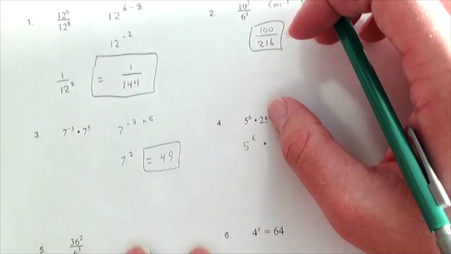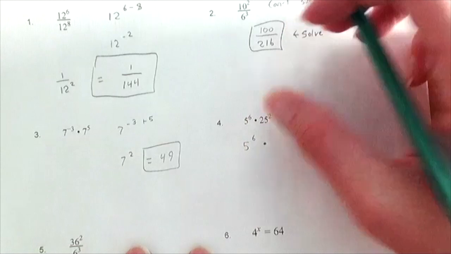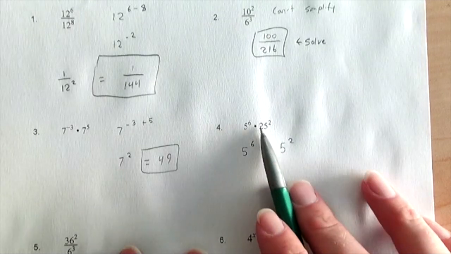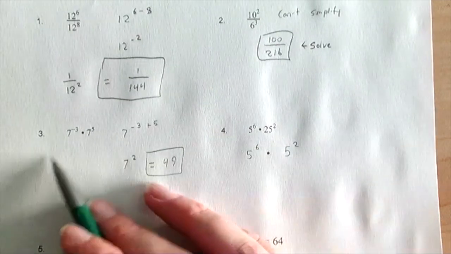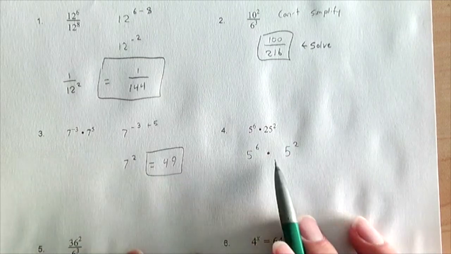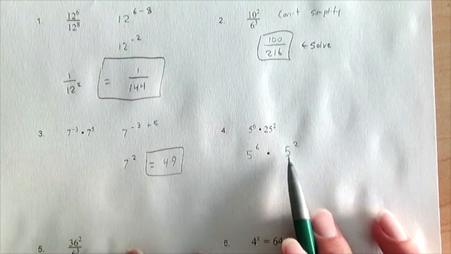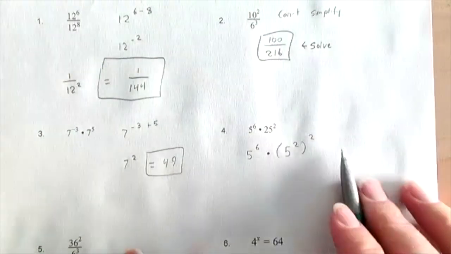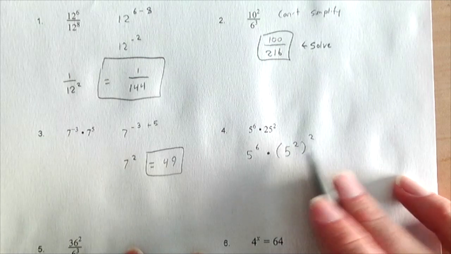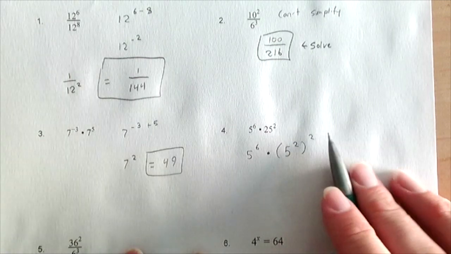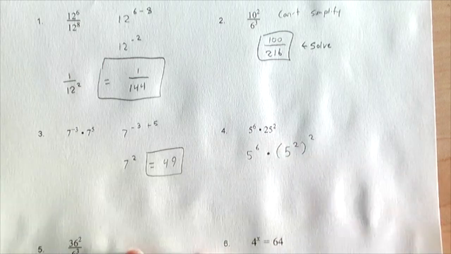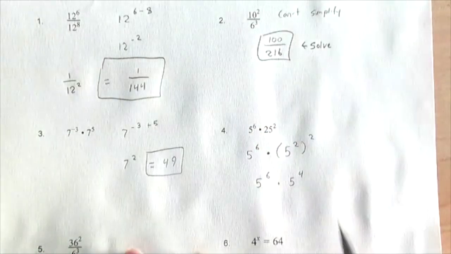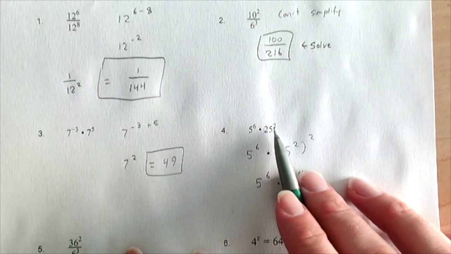But ignoring that, 25 is 5 squared. And if I turn 25 into 5 squared, this becomes extremely easy to simplify, just like number 3. Now, 25 was 5 squared, so 5 squared was being squared, right? And we know from our power of exponents that if we have an exponent of an exponent, we can multiply them together, right? So all I did here to simplify this was I turned my 25 squared into 5 to